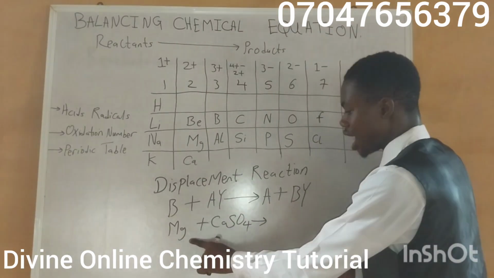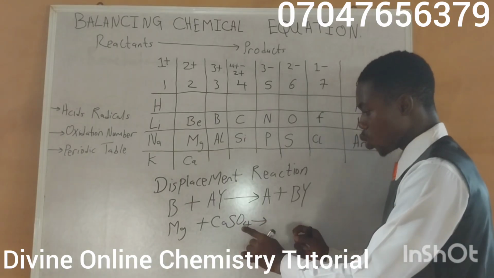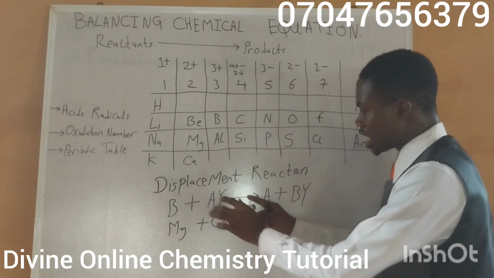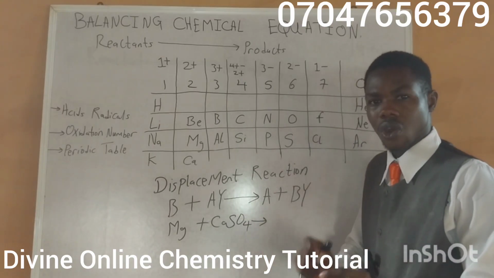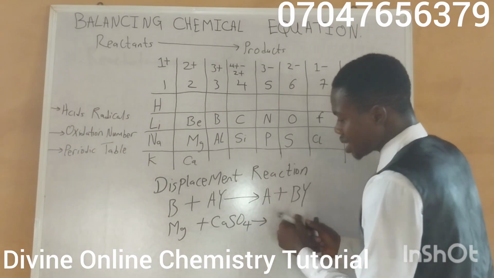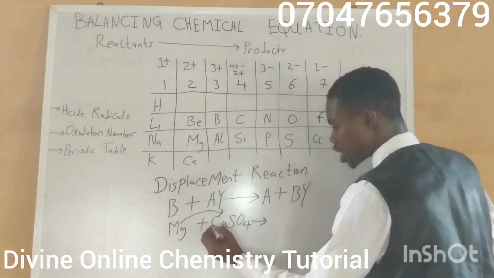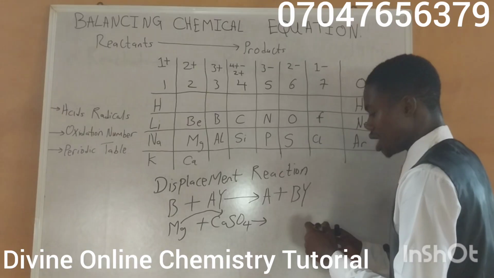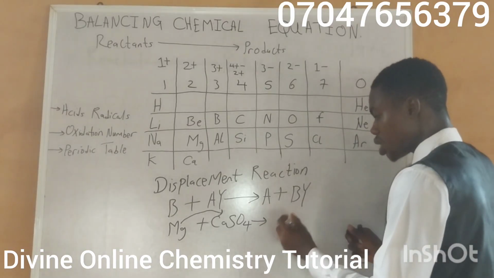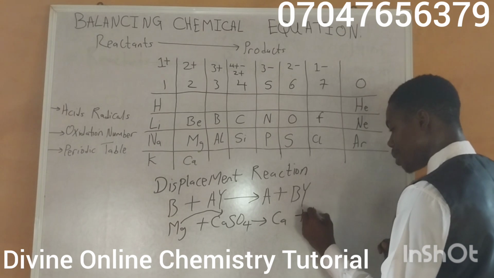Now, magnesium is reacting with calcium tetraoxosulfate 6. And in displacement reaction, I said that one element replaces another element in a compound. Now, having explained this, this magnesium here will replace this calcium in this calcium tetraoxosulfate 6. Now the product that will be formed will be what? Calcium plus magnesium